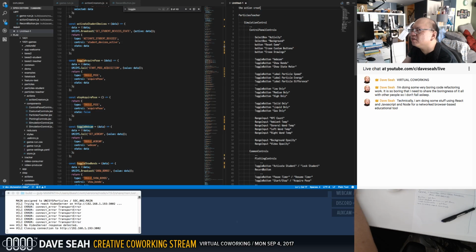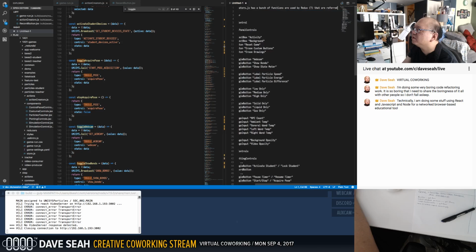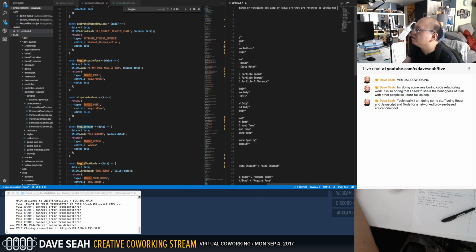The action creators has a bunch of... are used by Redux. That are referred to within the